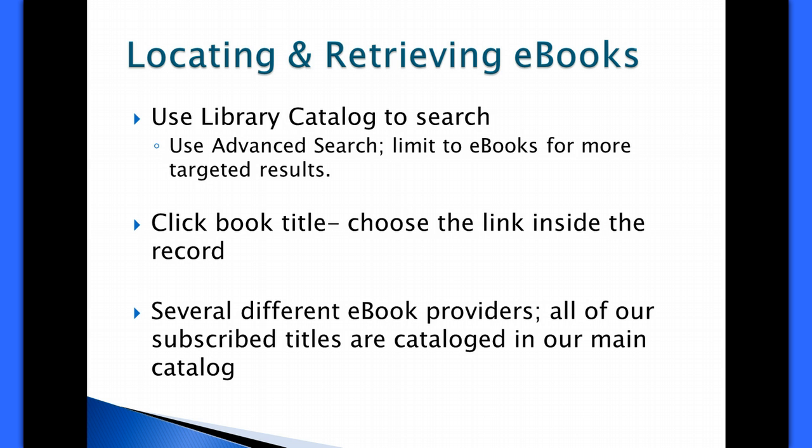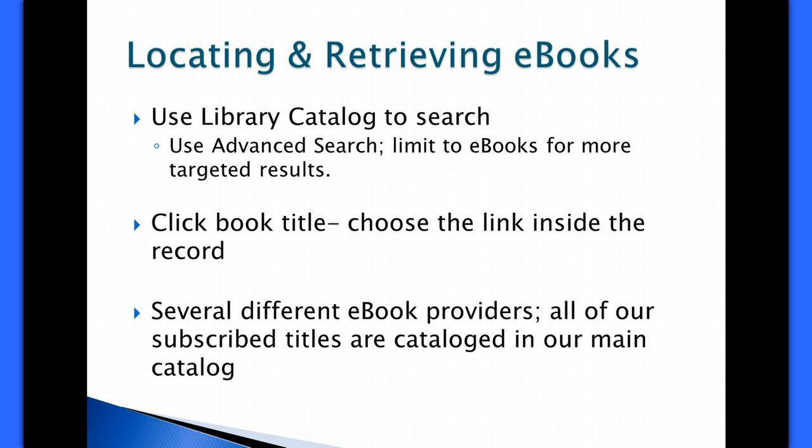Once you do a search and you come up with a list of results for eBooks, you can click the book's title and then choose the link to see the full text further down in that record. You'll notice that we have at least 2 different ebook providers. All of those items are cataloged in our catalog, so when you look at the search button on our homepage